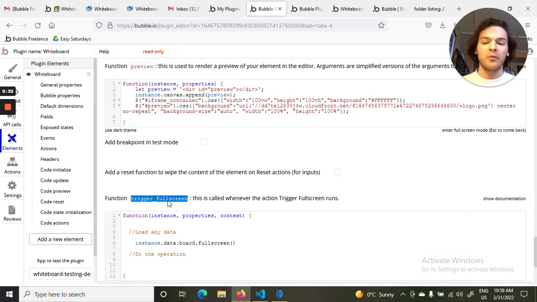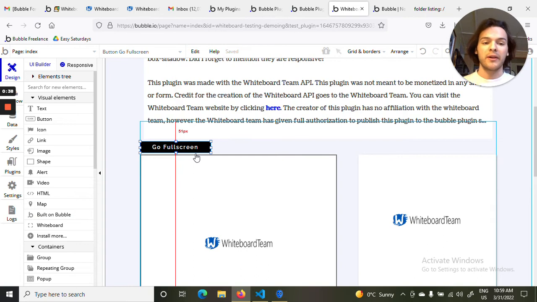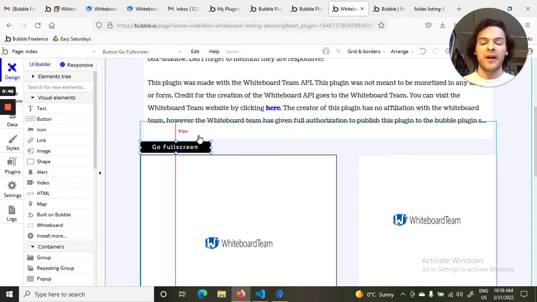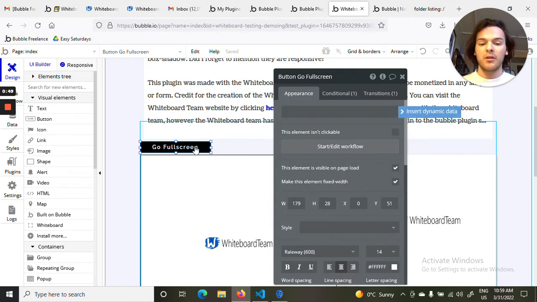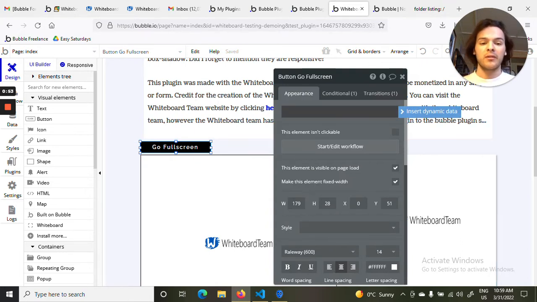The way that we trigger this is by creating a button or by creating any sort of automatic workflow where this workflow action can be triggered. For instance, on page load or something like that, or when you receive some sort of data, etc. If we click Start Edit Workflow on this button here,